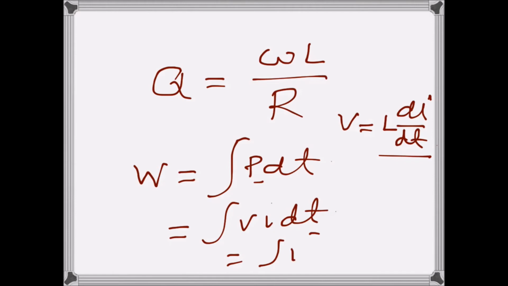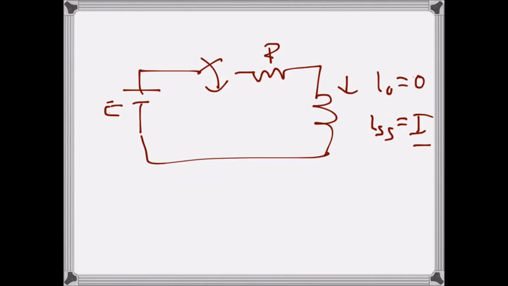So we will have L di over dt, and I here and dt here. What happens now, the dt is going away, our variable has changed to I. So this has now become L and I di,